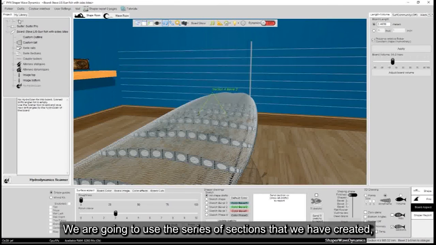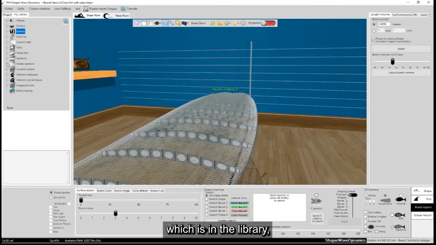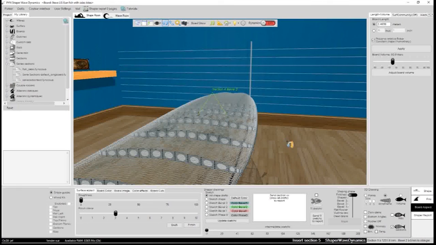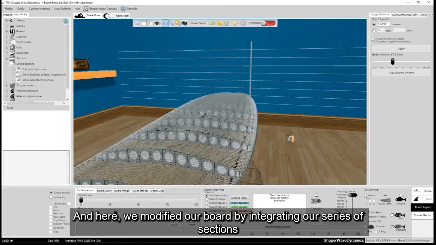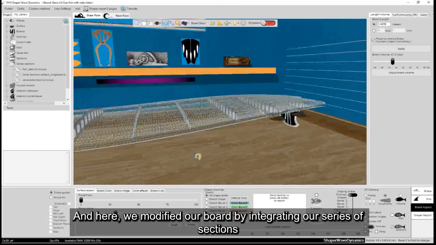We are going to use the series of sections that we have created, which is in the library, at the level of the series of sections. Series sections test, we drag into the project. So we import the series of sections. OK. And here, we modified our board by integrating our series of sections.